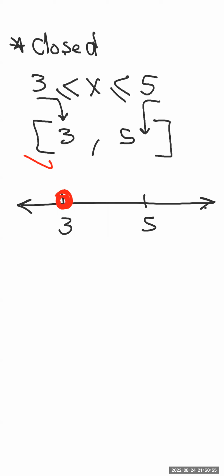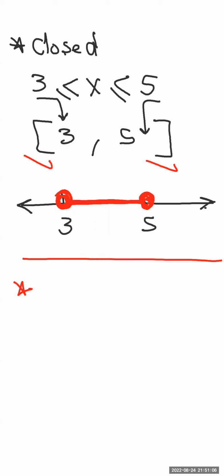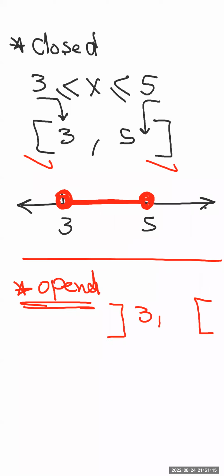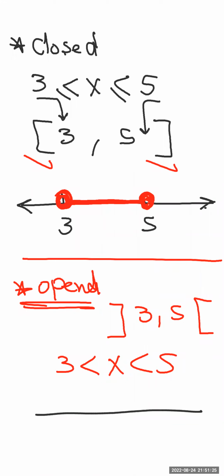Also closed from the side of 5, so shaded circle. And by default, the distance between the two elements is shaded. But if it was open, like this, 3 and 5. In this case, x greater than 3 and less than 5, because 3 and 5 are not included in the interval. So simply to represent it on the number line, just draw the number line, element 3,